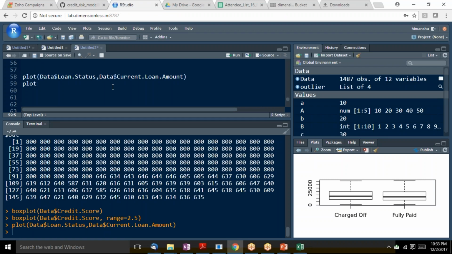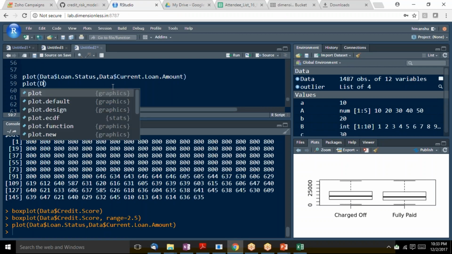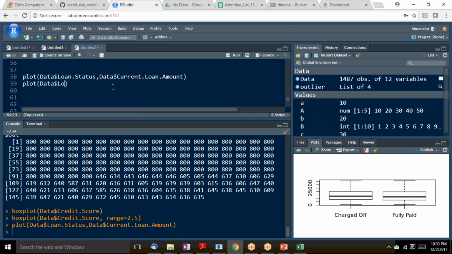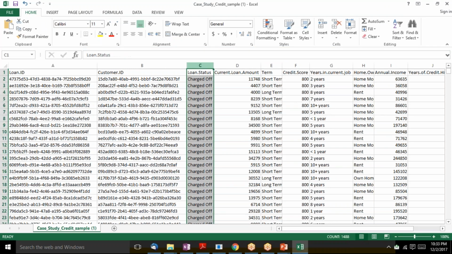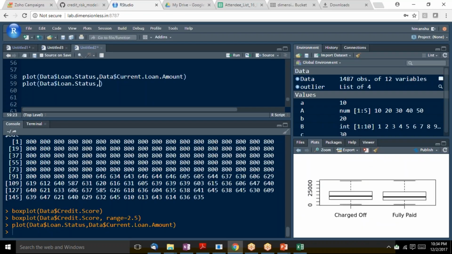Similarly, let's do one more. Suppose I want to do data$loan.status here, again taking continuous data only here, and so this is the categorical data. This is dependent on the term of the loan, right? Let's take this data$term. Okay, if I draw and plot here,